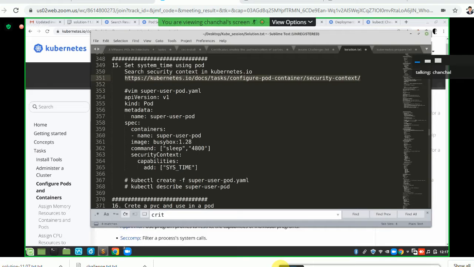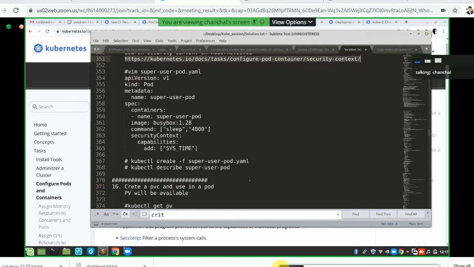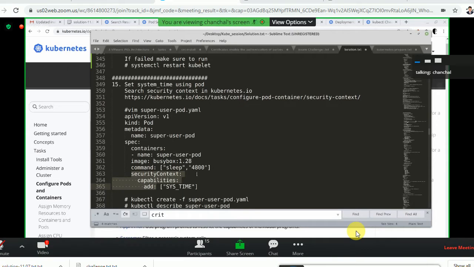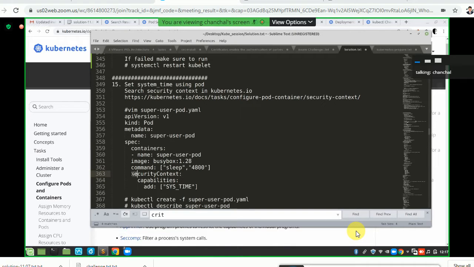If you do this, is there anything different here? Yes. Security context, capabilities, add. This is one of the parameters that you are attaching to this particular pod. So how do I get to this code piece from Kubernetes itself?